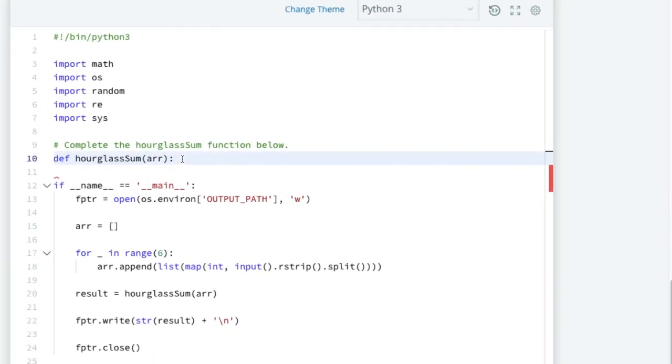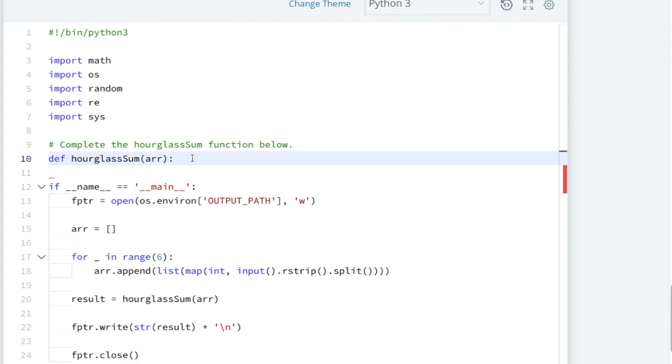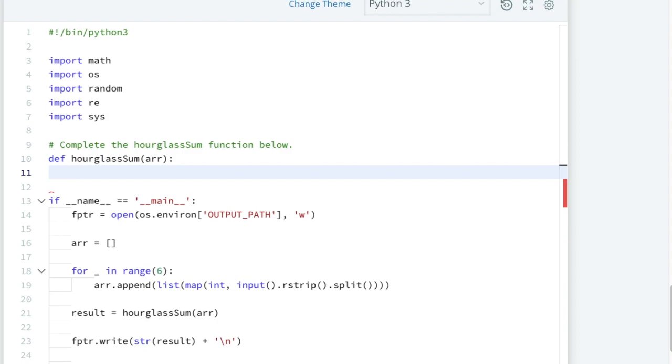So we are given an array. Now our task is to take one result array, an empty result array.